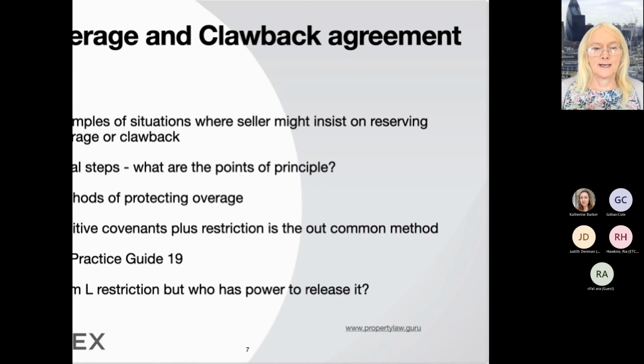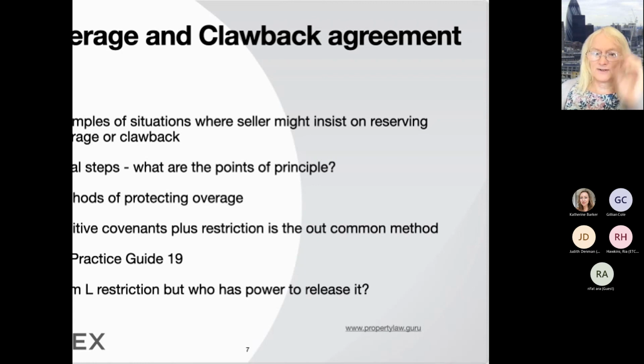In the case of 2 or 3 different people, you may need all of their consents, or one of them, or the survivor of them, or their personal representatives, and so on. So it's problematic at that stage.